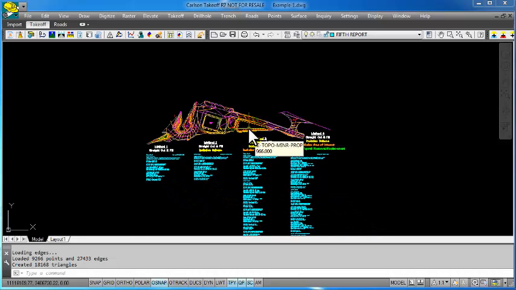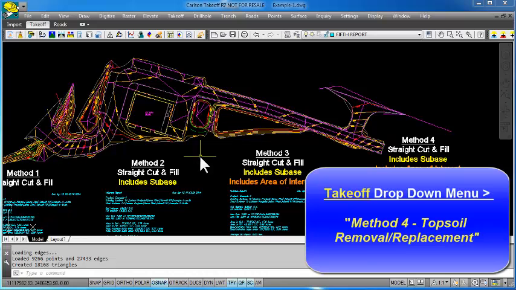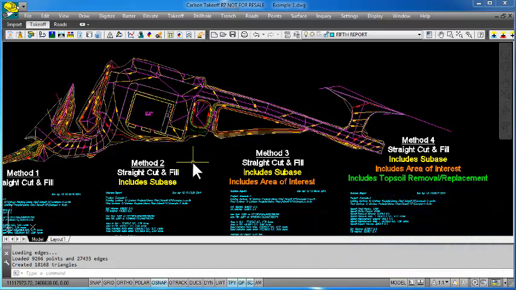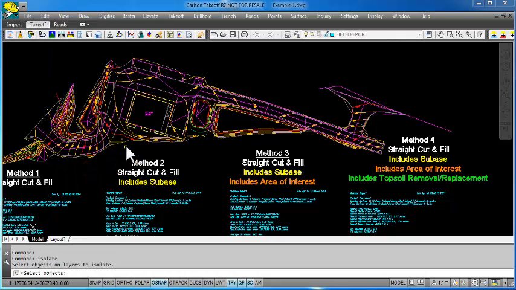And then the last thing we want to do is include topsoil removal areas. And how do we want to do that? Well, we know that all the subbase areas are going to be removed because it's either concrete or macadam. So we're going to go up to View here and do Isolate Layers. We're going to isolate the perimeter, which is where all the topsoil removal is going to be. And we're going to